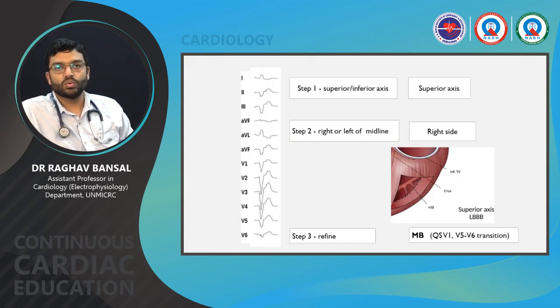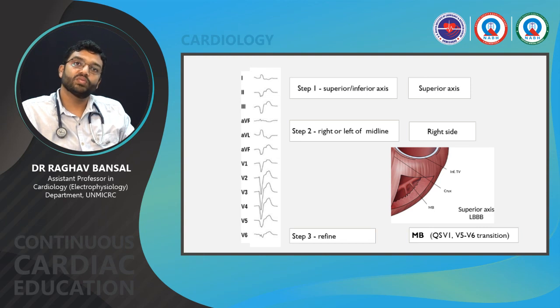So just to give two examples, this is one of the examples of a ventricular arrhythmia, a VPC, arising from a structurally normal heart. So when we look at it, first we have to localize the quadrant. First we look at the axis, superior or inferior. Leads 2, 3, and aVF are negative, so it's a superior axis, so it's arising from the inferior quadrant.